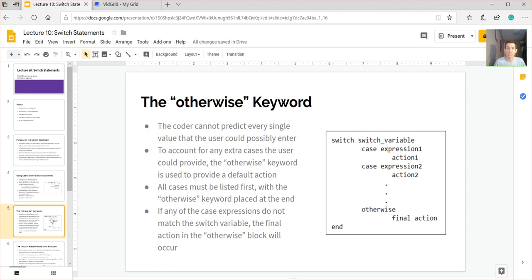So the coder cannot predict every single value that the user could possibly enter. That's not possible. There's a lot of values out there. But to account for any extra cases the user could provide, so any weird things, if the user put a number, if the user put a whole word, if the user put a letter that is not A, B, C, D, or F, we're going to use this otherwise keyword, saying that essentially we're going to have a default